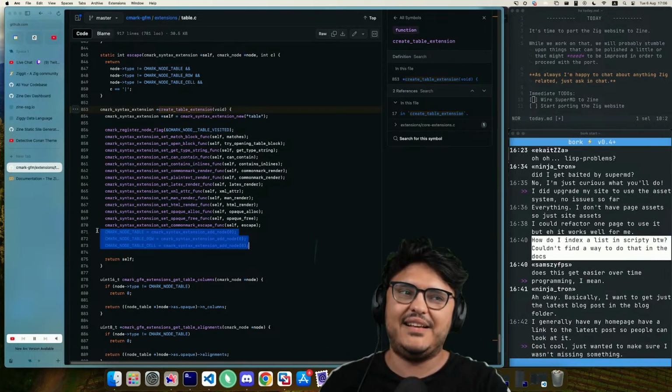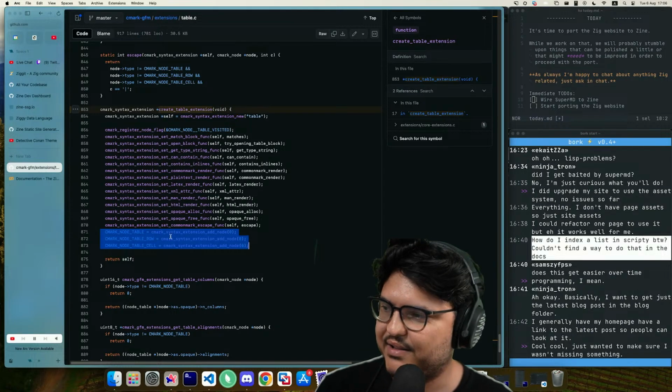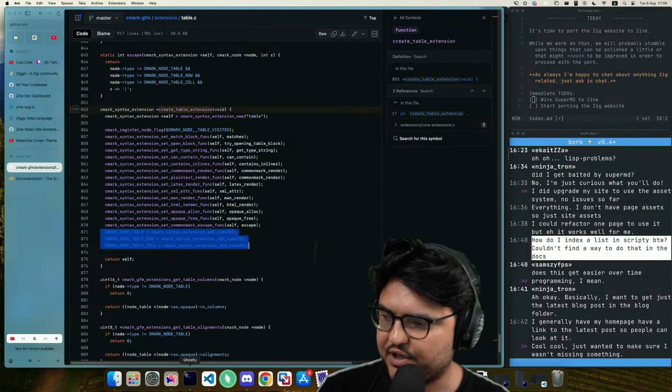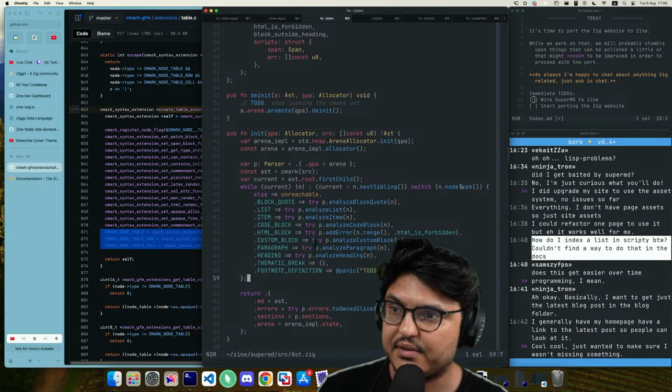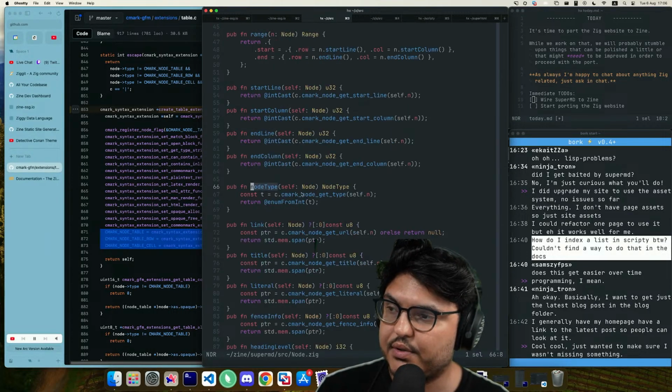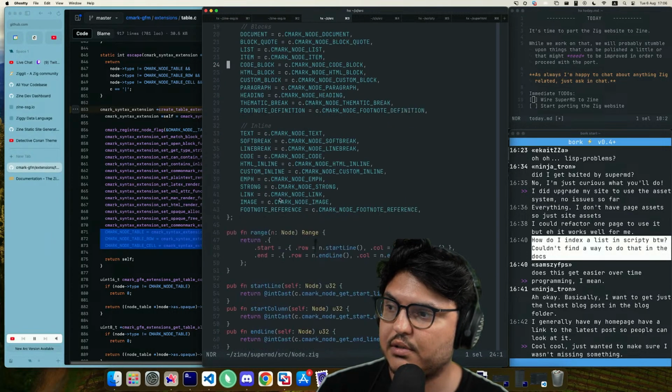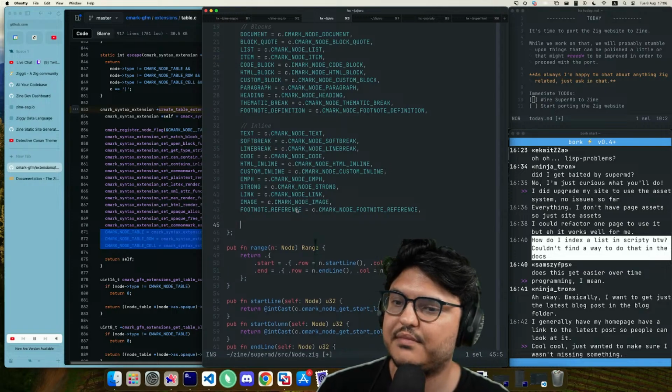Okay. So we learned how this stuff works. That means that there's only one solution. So our good old enum has to be open.